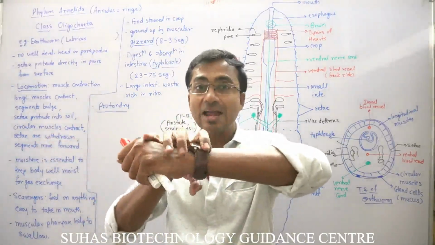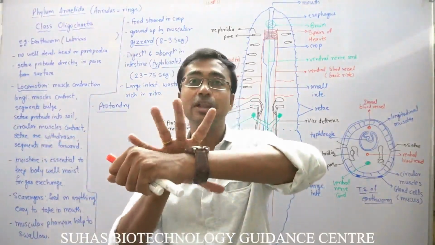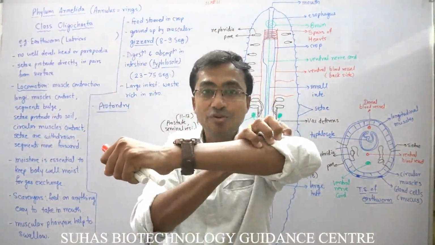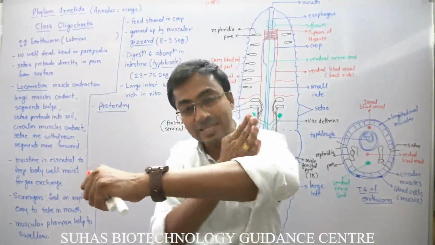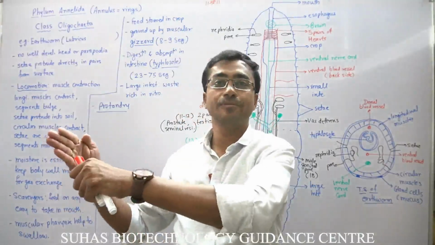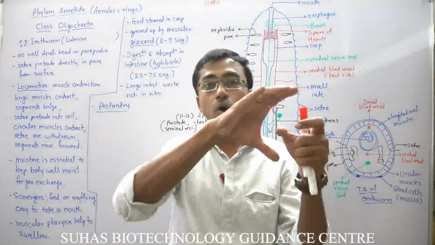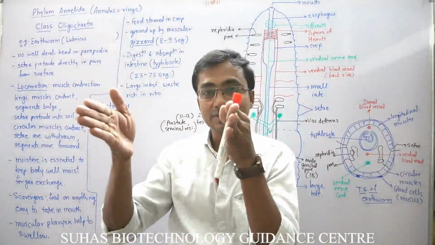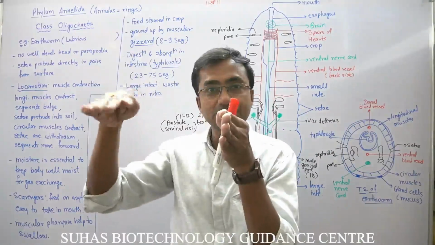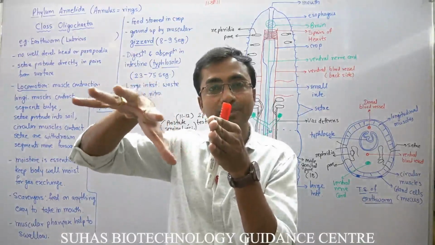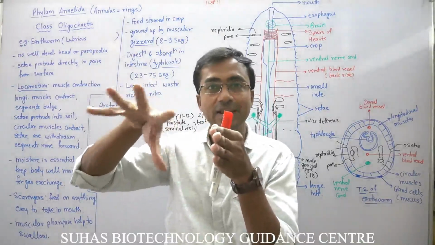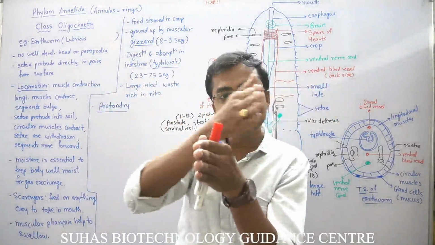Setae in this area are at present in contact with the soil, while setae in this area are now withdrawn from the soil, and thus the segments will move forward. In this way, the longitudinal muscles will first contract, the segments will bulge in this area, they will form new contact with the soil, the setae in that area will go in the soil, the setae in this area, as